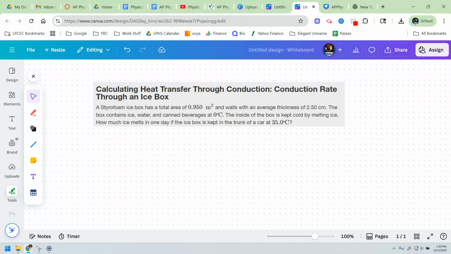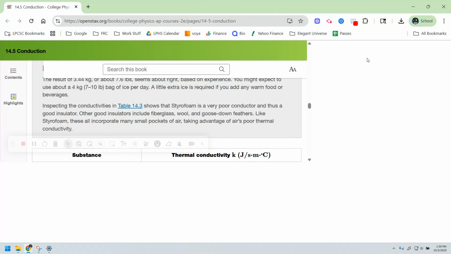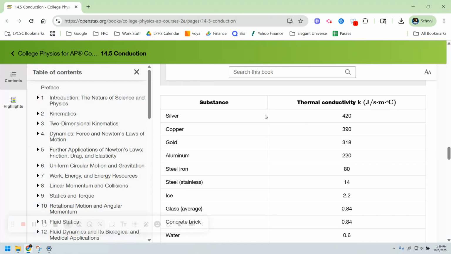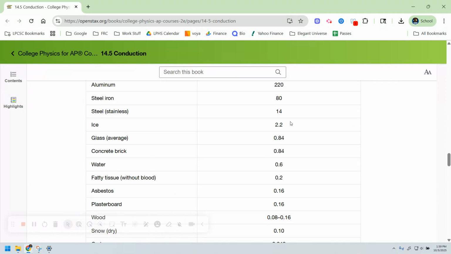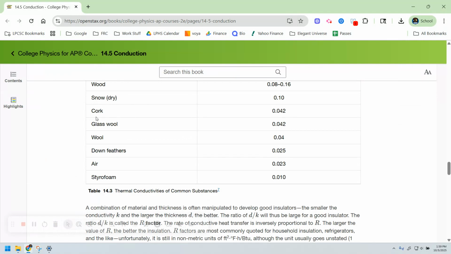So before we begin this, in the textbook online, there's this table. I'm not going to make you write it down, but it's basically thermal conductivity. They measure that, and these are averages. So silver has a thermal conductivity K value of 420, copper is 390, gold is 318. And if you go down to the bottom, things like